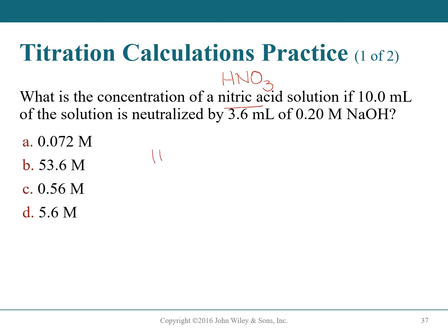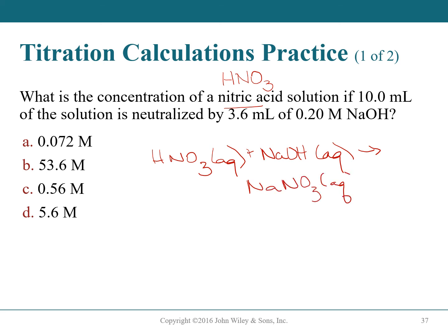So if I do HNO3 plus NaOH, we get a salt and water. But it's balanced. This is 1:1. So since my mole to mole ratio